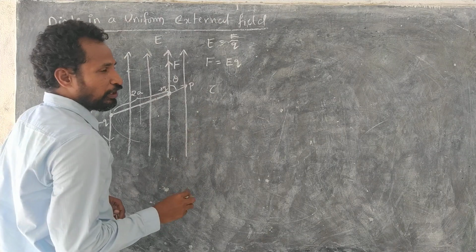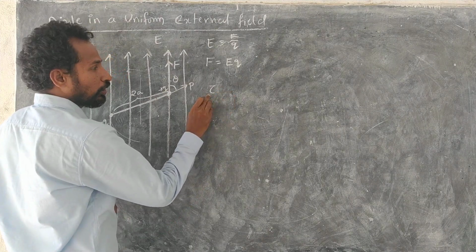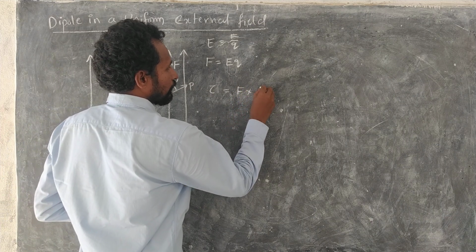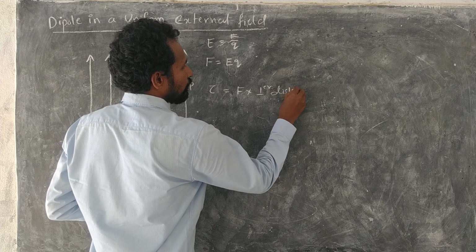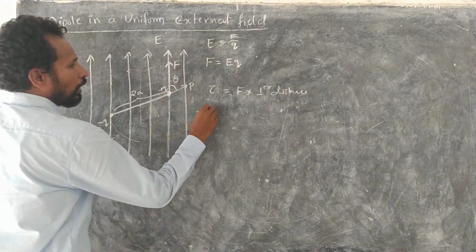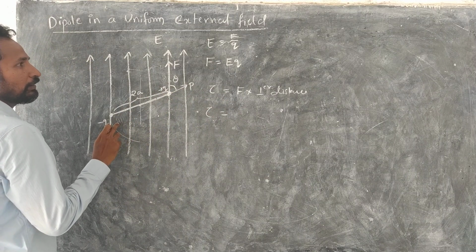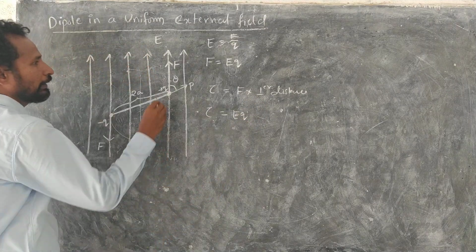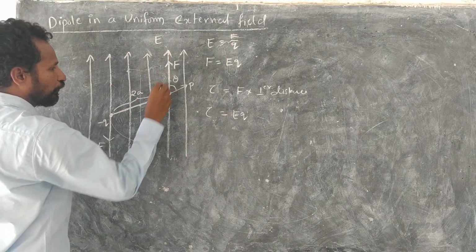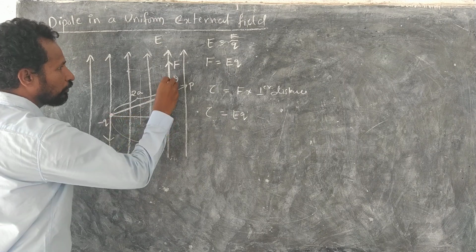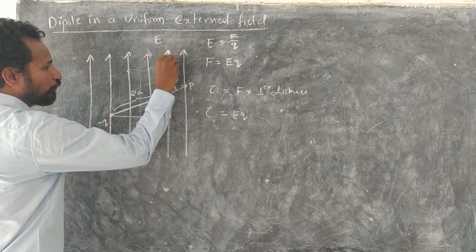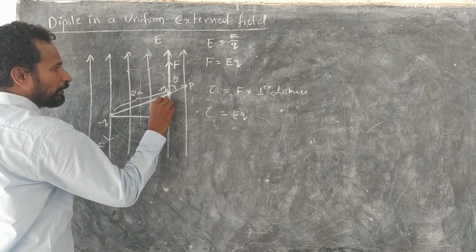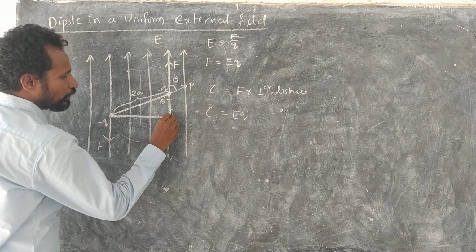Now the general formula for torque, represented by tau, is torque is equal to force into perpendicular distance. So torque tau is equal to, what is the force acting on one charge, that is EQ. For the perpendicular distance for this force, this is the force, and if we extend it down, we can extend the vector. For this force, this will be the perpendicular distance. If this angle is theta, this angle will be theta, opposite. And this distance we require.